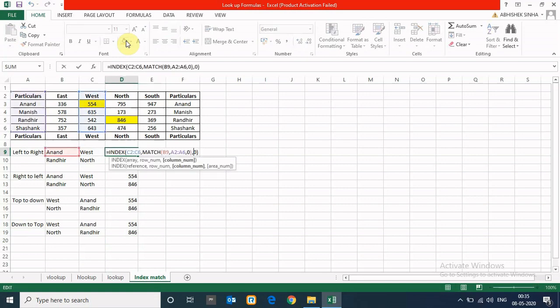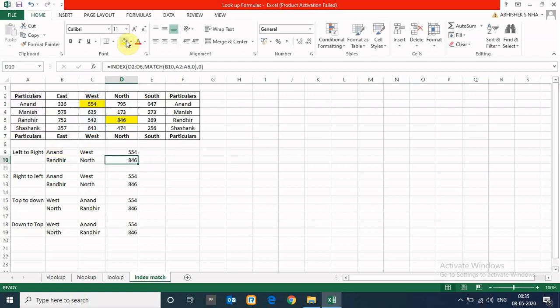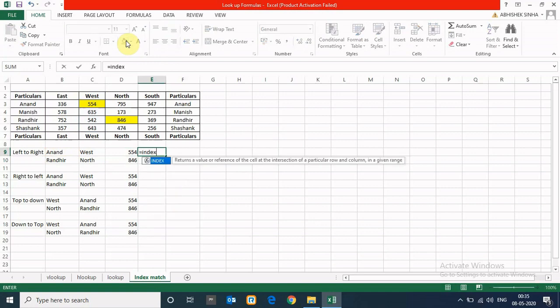Here you are leaving this column number as 0. If you use MATCH for the column number, then it will work for any variable. Let's see this. INDEX, array is the result, so Anand West result, so I have to use West.